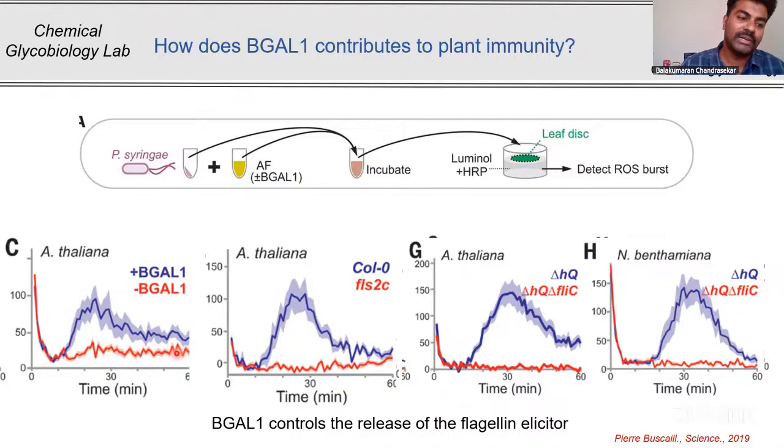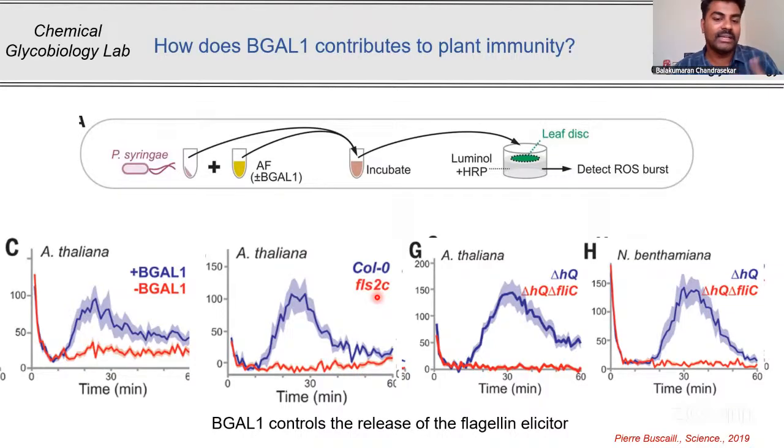The advantage of having Arabidopsis thaliana is that there are different mutants available, and now you can take the treated bacteria and test them against different mutants. I'm not showing all the mutant collections that we screened, but one of the mutants did not respond even if you treat it with the beta-galactosidase enzyme, and that mutant is the fls2 mutant. FLS2 is a gene, and it is a receptor for flagellin, a flagellin receptor. Whenever the plant is devoid of a flagellin receptor, it is not recognizing the elicitor which is released by the beta-galactosidase enzyme.